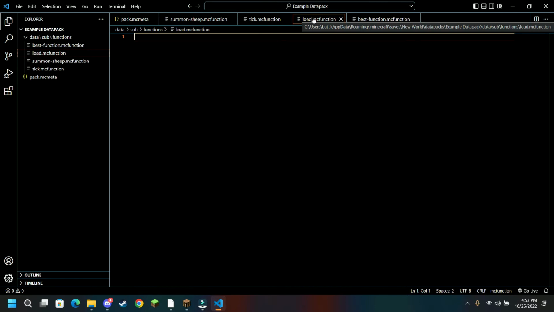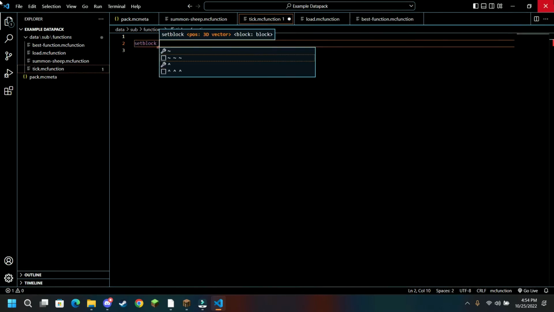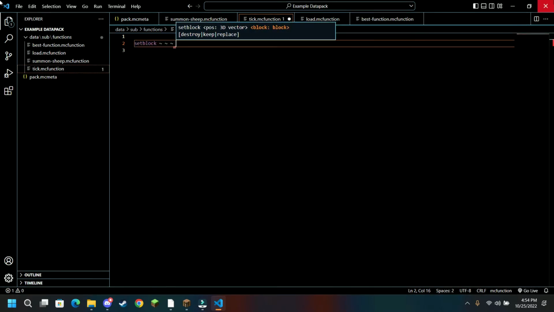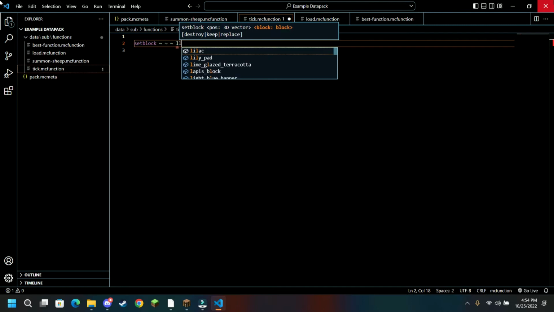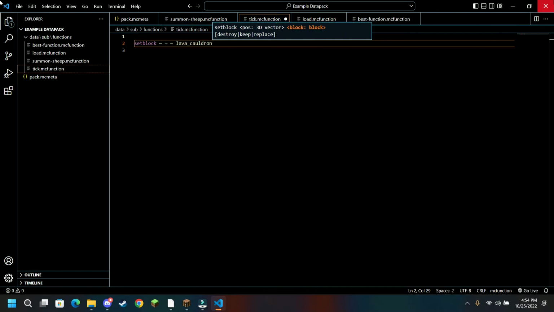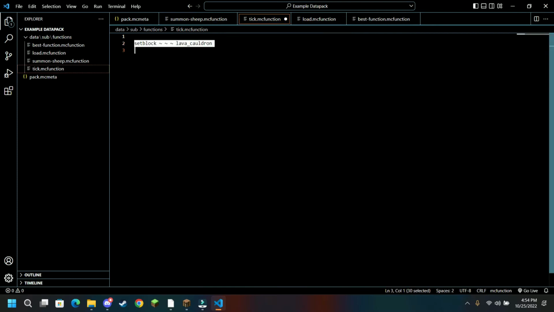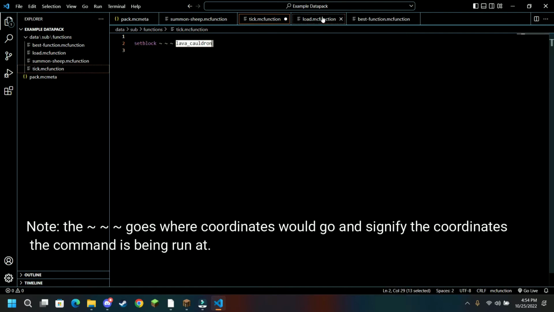Now, you don't just name these and they work. You have to add some additional files. But for now, let's just make what we want it to do. I want to set block, and let's set it as lava cauldron. So this will be every tick replacing that block as a lava cauldron, and in load,